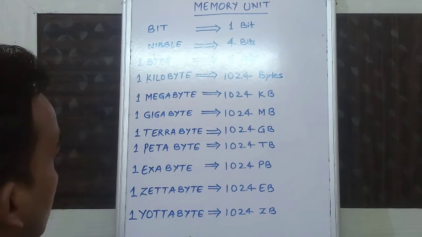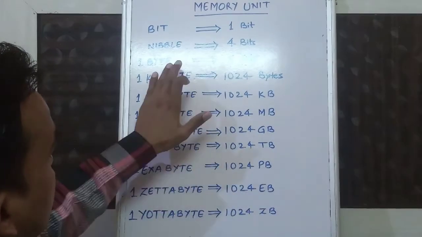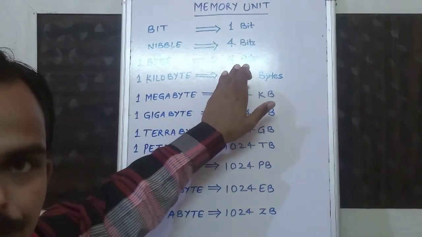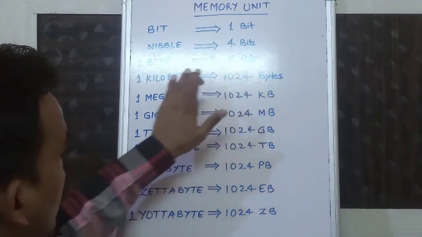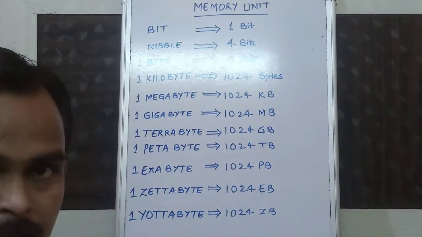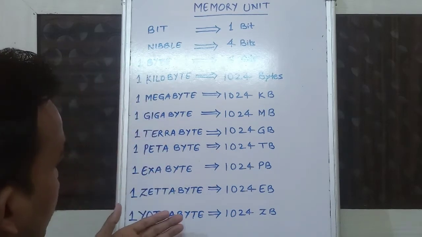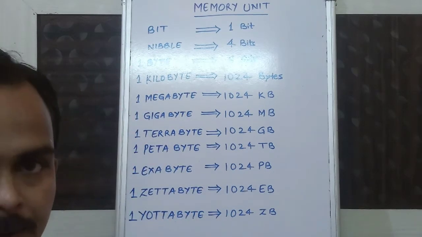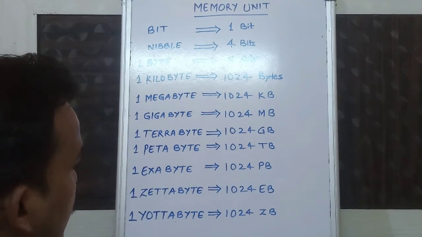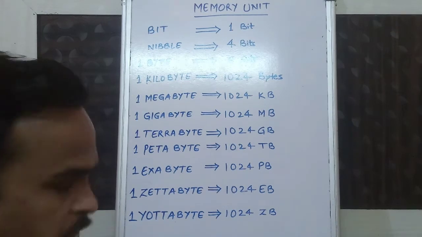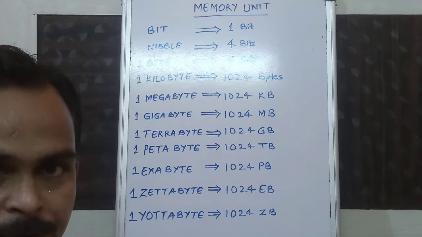So 1 byte is what we are looking at here, which is a combination of 8 bits. It is the smallest unit of the computer system, or basically of the storage unit. So 1 byte is the base unit, we can say. A combination of bytes we can use as per the requirement. So those are all the different kinds of storage units, that can be used as per our requirement.